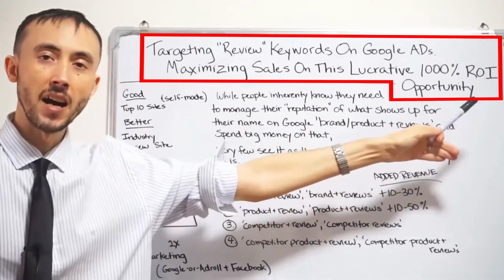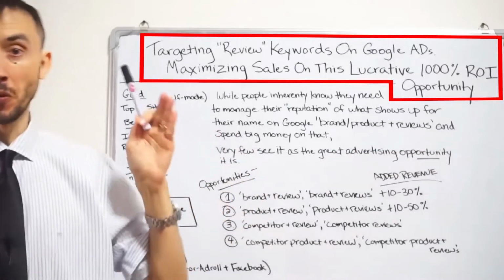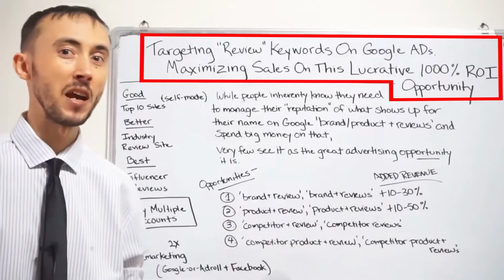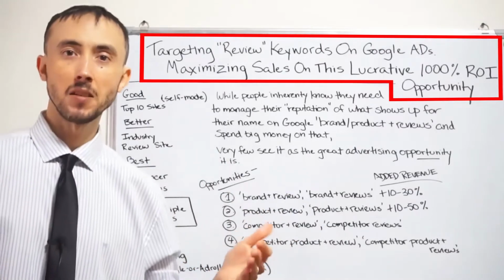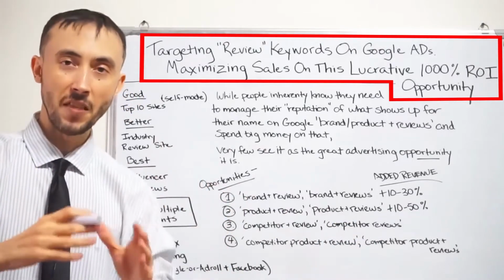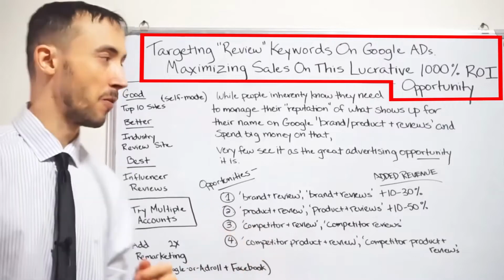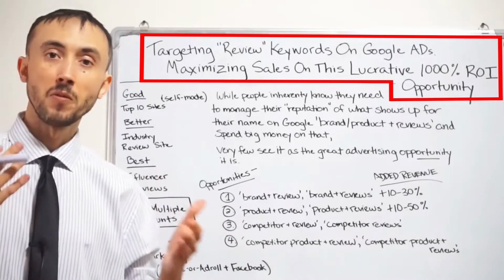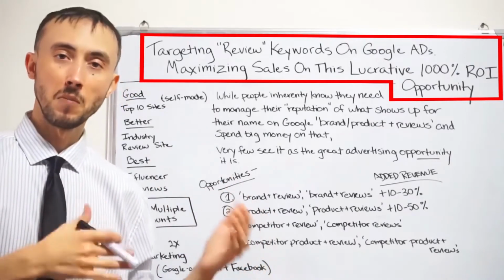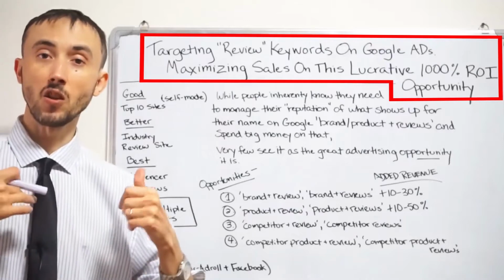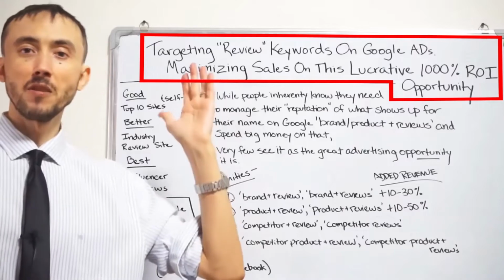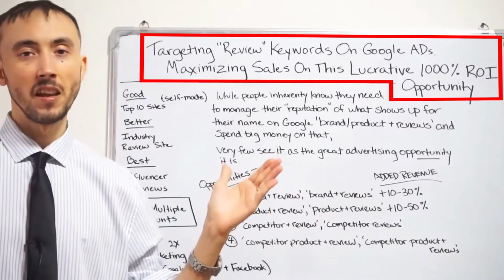1000% plus ROI opportunity. A lot of people think of people that type in your brand name and then look for a review as just a regular old brand campaign. No, a brand campaign is somebody who already knows they're going to buy. If somebody's looking for a review, it should not be grouped together. That's the main thing that people get wrong when they're trying to establish some sort of strategy for capitalizing on this mini channel, in which they just don't even focus on this channel at all. They just leave it up to God, if you will. Hopefully, when they type in looking for reviews, they find what they want and they come back to me.